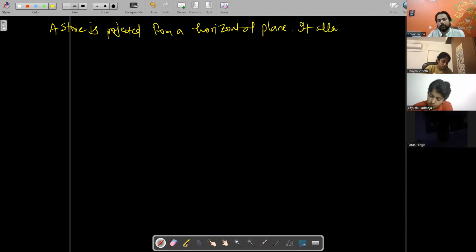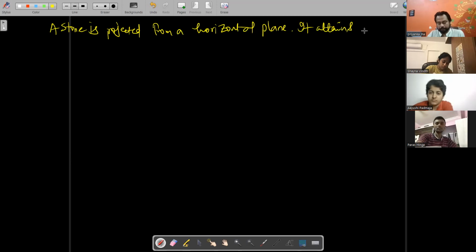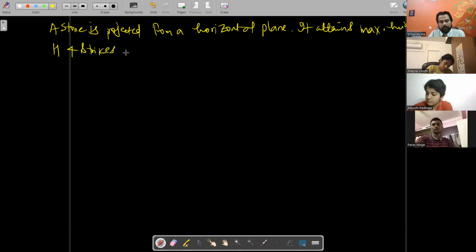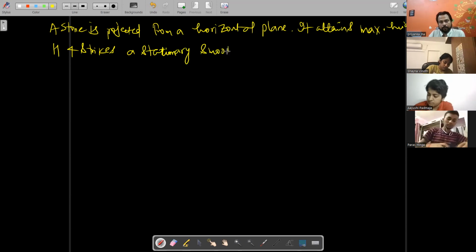It attains maximum height h and strikes a stationary smooth wall